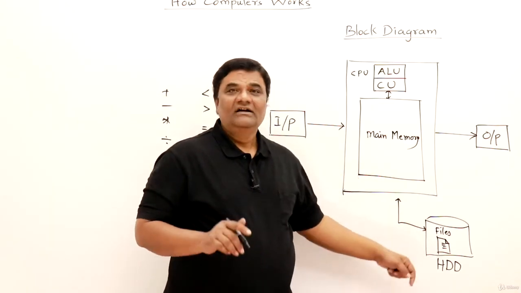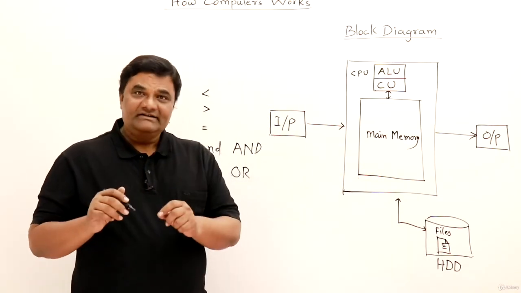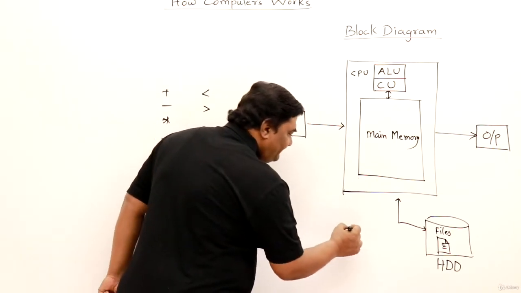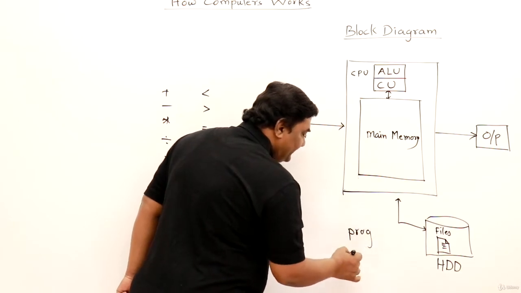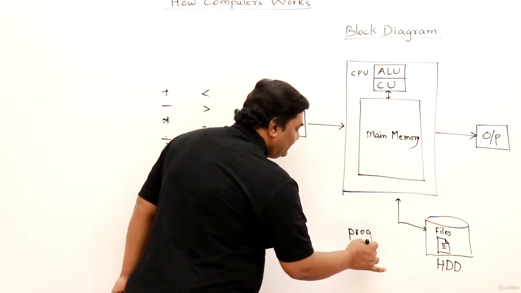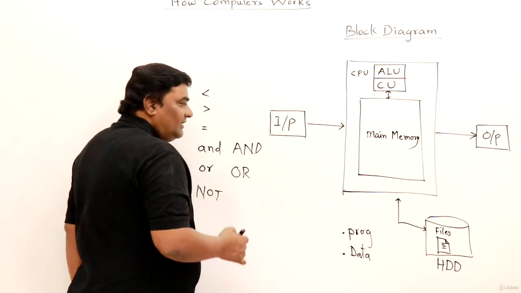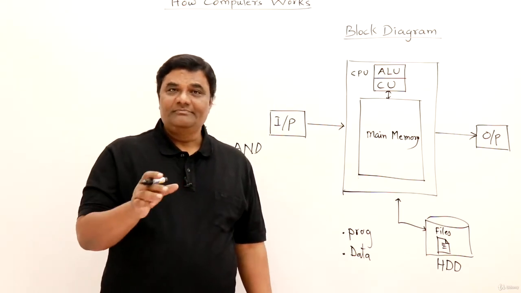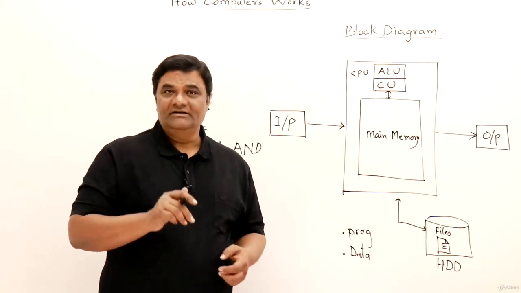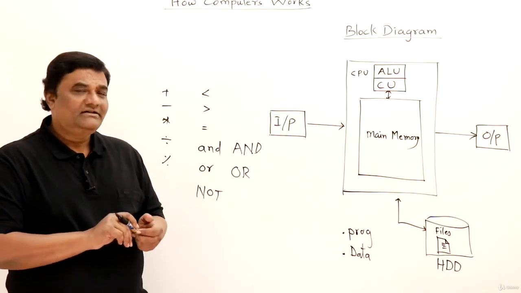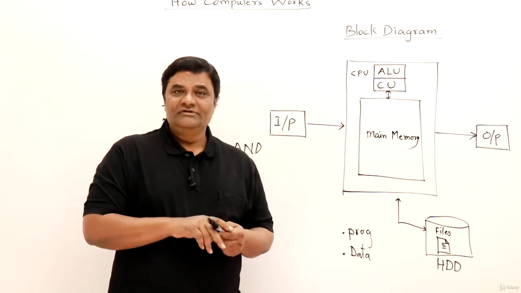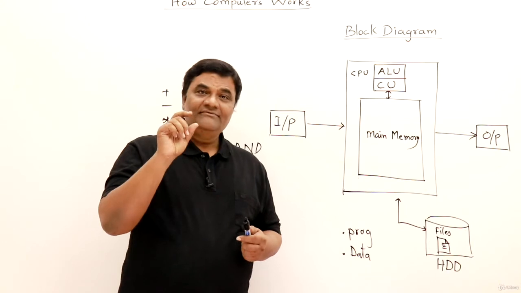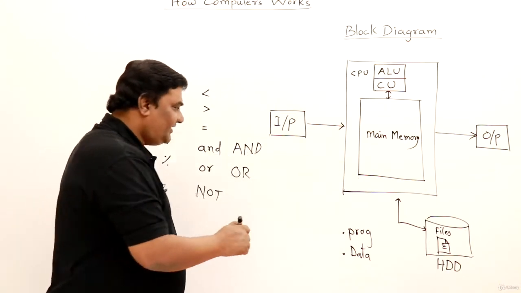This is the hard disk. The hard disk will contain files, and those files may be of two types, either program files or data files. If you take an example, notepad on your PC is a program file. When you open notepad, it's a program. So there is a file available. Basically, we click on some icon and the program will start. But if you look into My Computer and folders, somewhere you will find a program for notepad, and its file name will be